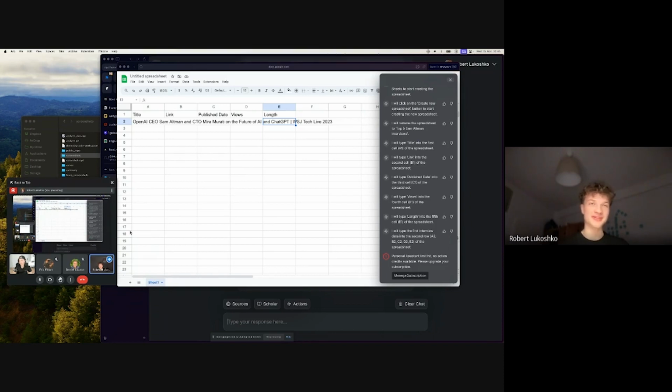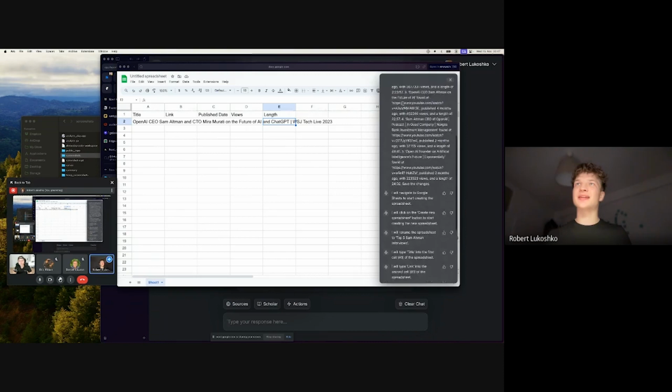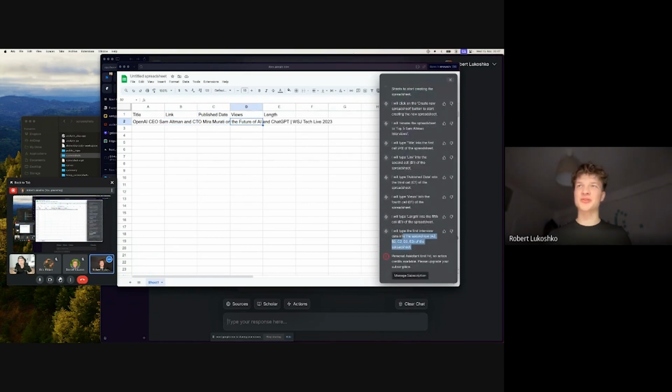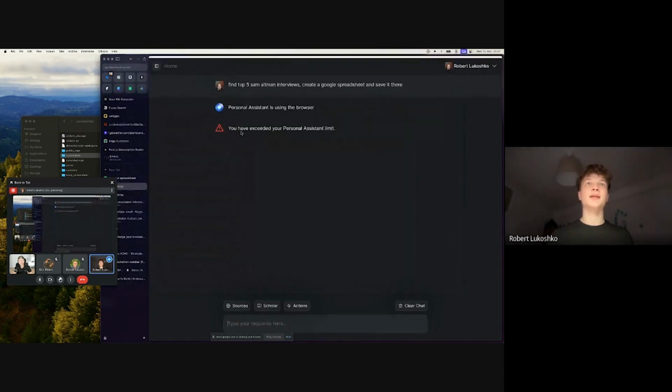You're absolutely right. I think there is a cool use case which I saw a few days ago, and I think it may actually inspire you. I bought this HyperWrite, so it started to do it, but I have to pay for the subscription. But here on the right, you can see that it has looked at the YouTube videos, and it just started to type them in one by one. If you had the subscription, you see, it inserts into the cells D1, D2. So it has the power. In the end, if I buy the subscription, it's going to fill in the whole table. But yeah, it's pretty dumb.